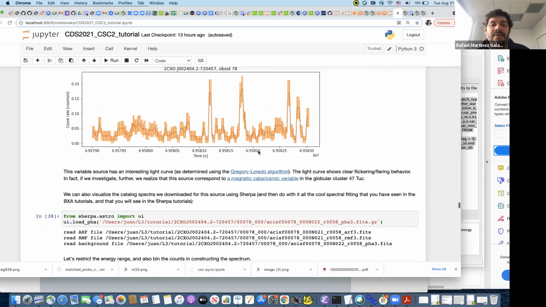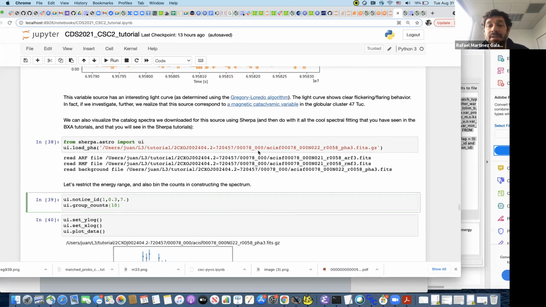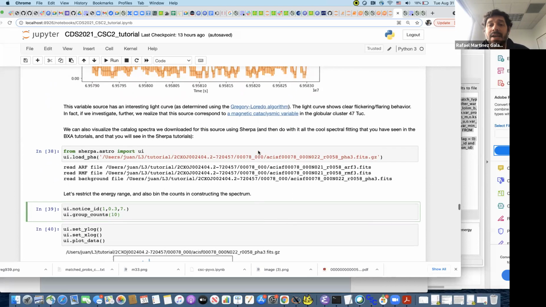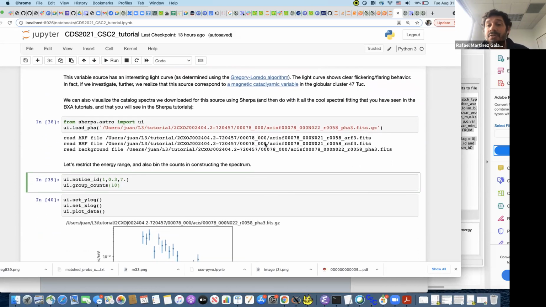As far as I'm aware, there is no way to select a particular OBS ID using search CSC. You can do that with CSC view, which is an advantage of using CSC view with respect to this. You can actually select, in that case, which ones you want to download. It will display them all, but then you can select which one to bring down and download them. So yes, you want to first check probably that